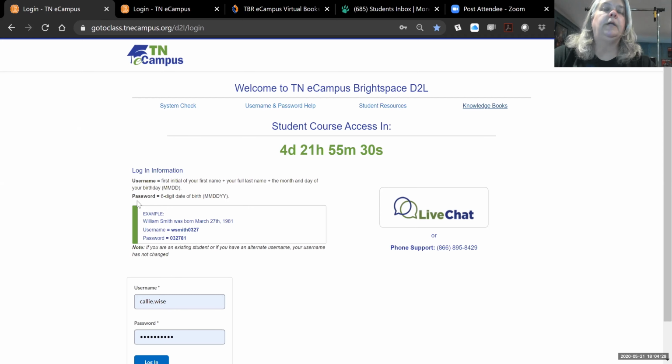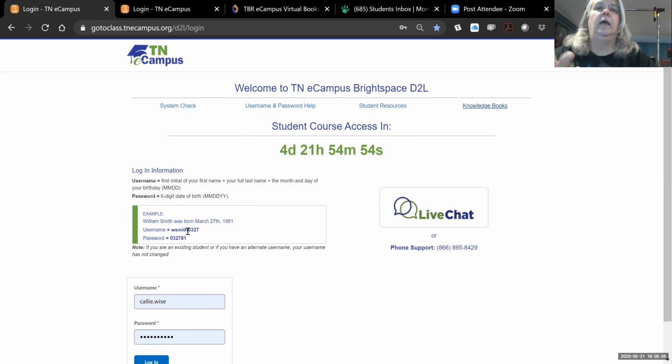Every once in a while, some people will have what we call a duplicate username. It's not really a duplicate, but what it means is that you've had an extra number added to your username. Typically it's a 1, maybe a 2 sometimes. In most cases, this happens when somebody has a common name, like a last name Smith or Jones or something like that. And we have a lot of students with that. So it may be like a W Smith. And then we may have several W Smiths that semester. So there may be a 1 added in for somebody for that W Smith. So maybe a W Smith